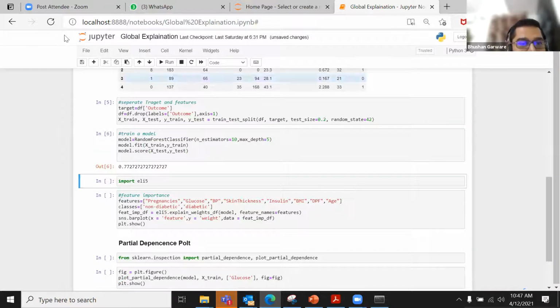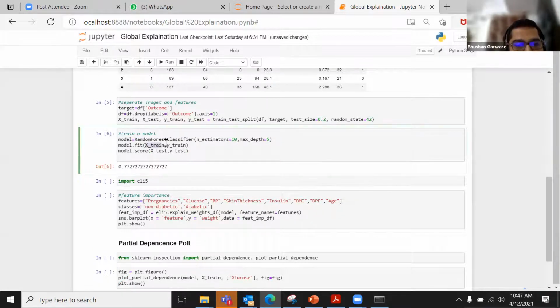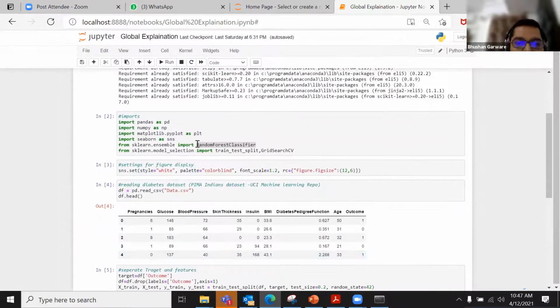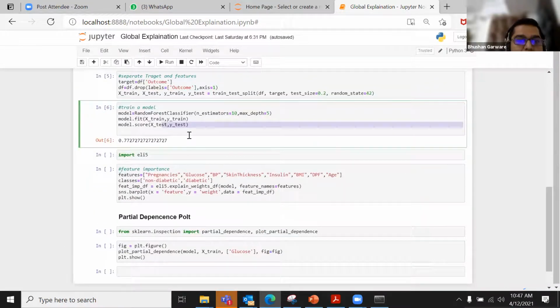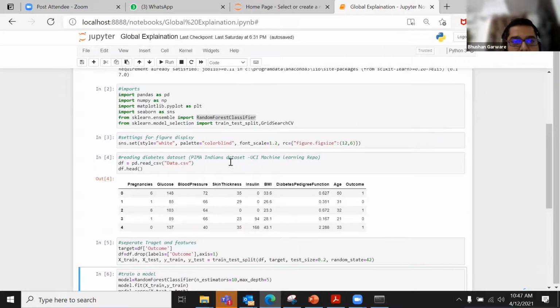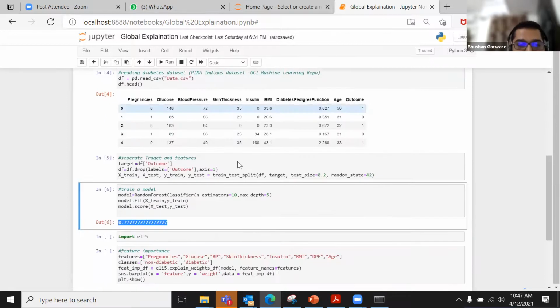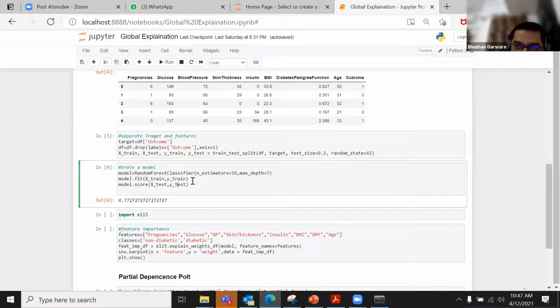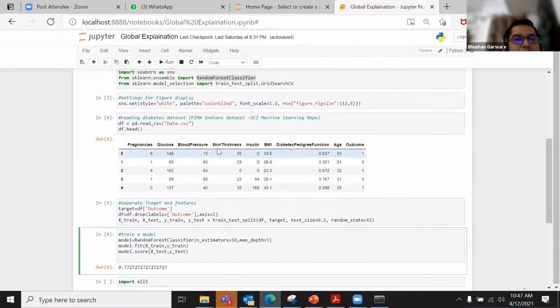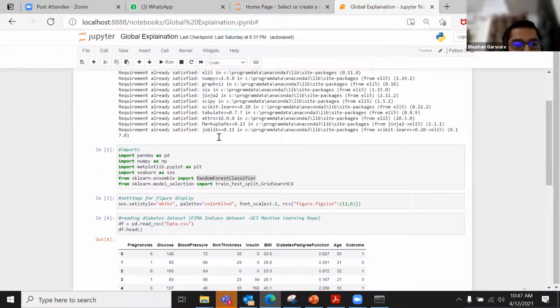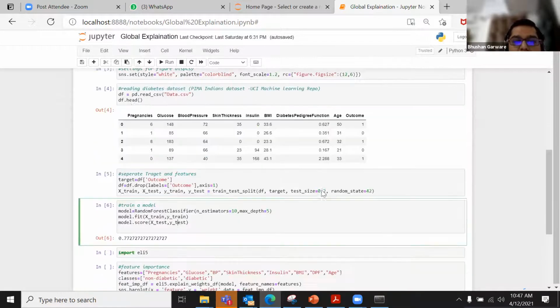When I train this model, I fit the model on X train, y train, and I'm scoring it on X test, y test. So what is my test accuracy? Test accuracy is 77, which is pretty decent accuracy without doing any feature engineering or parameter tuning. So let's say I'm very happy with this 77% accurate model. But as I said, this is a black box model for me and I cannot use it like that. If I want to generate an explanation for this kind of model, I will be using a library called